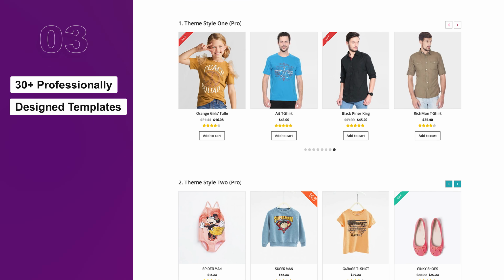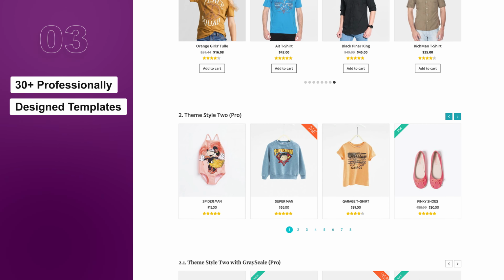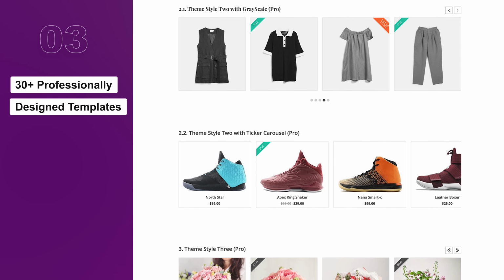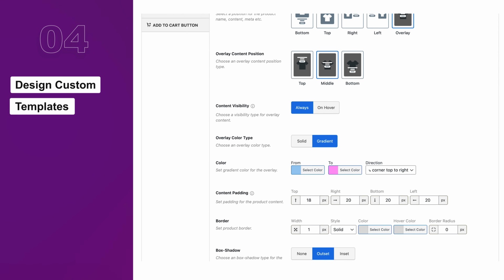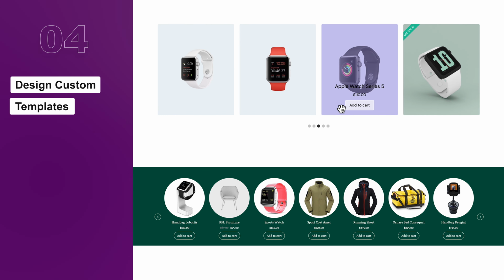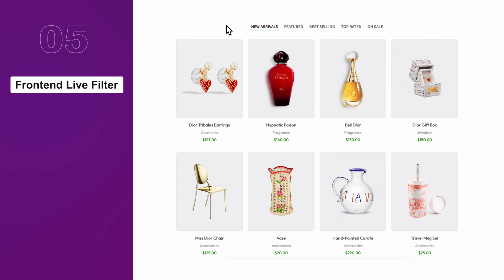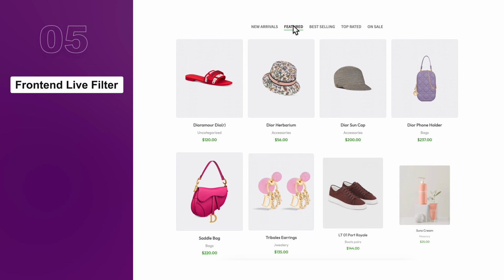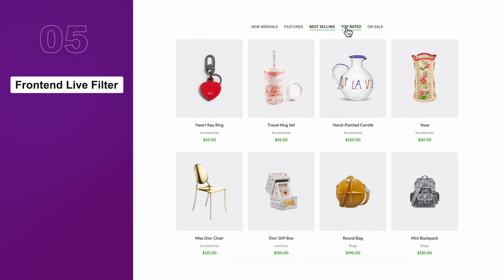Get started first with over 30 ready-made templates designed to make your store look sleek and professional in minutes. Tailor your store appearance with full control over template customization so you can create a look that fits your unique brand. Enable customers to filter in real time with options like new arrivals, featured, best selling, top rated, and on